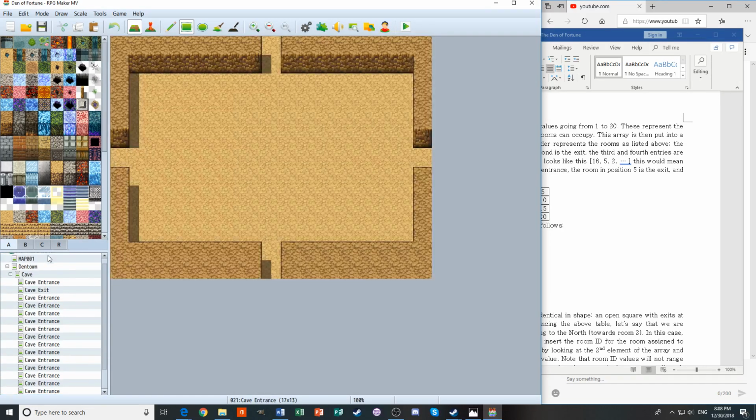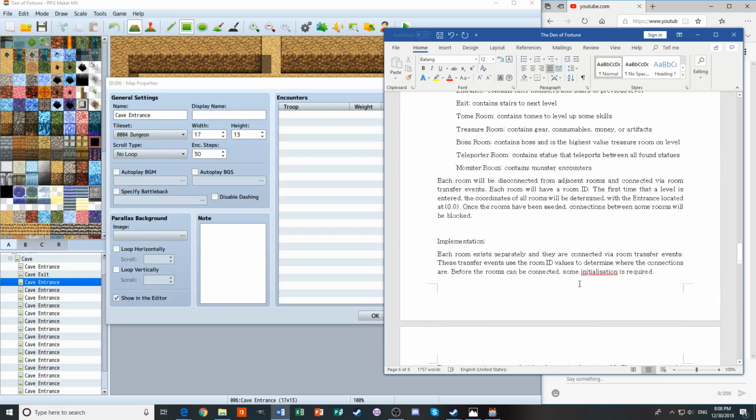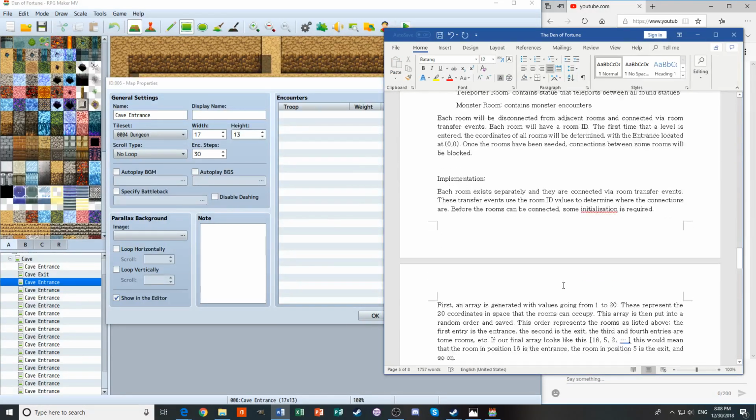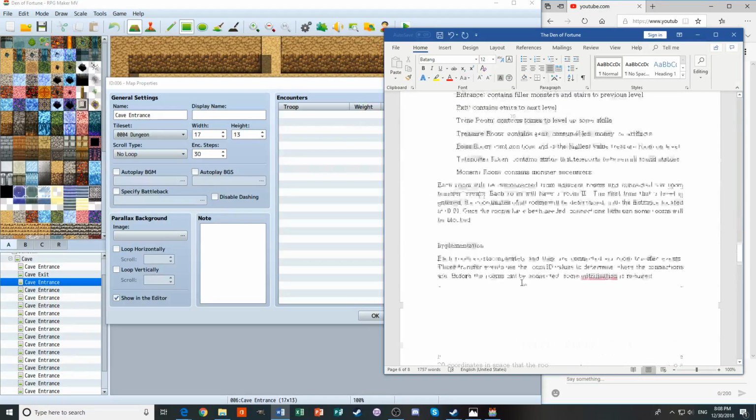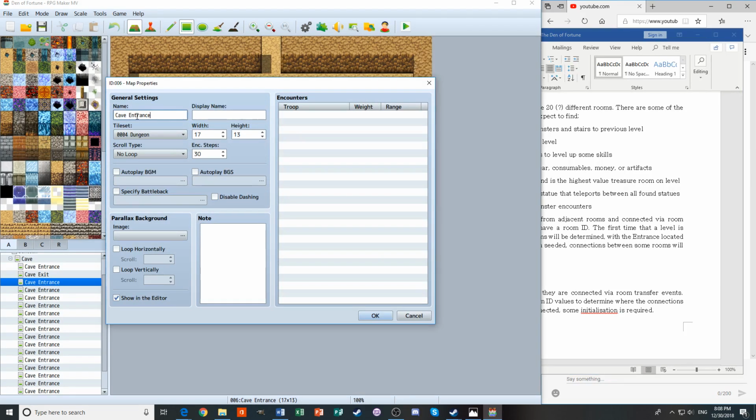$17, $18, $19, $20. Entrance. So let's do it in the same order that we have it in here, referring to this. So this is going to be tome, treasure, boss, teleporter, monster. Okay, so this is going to be tome